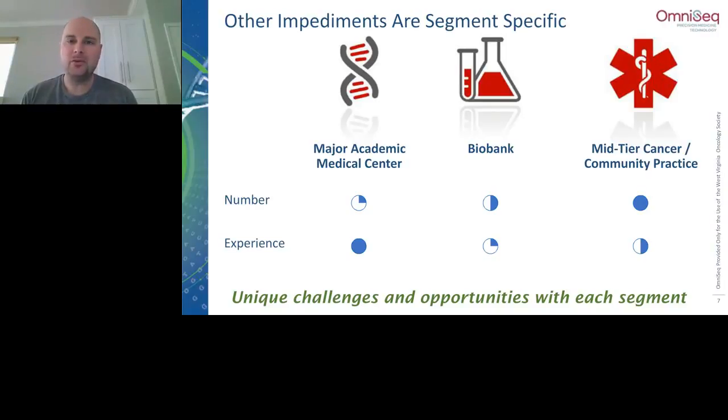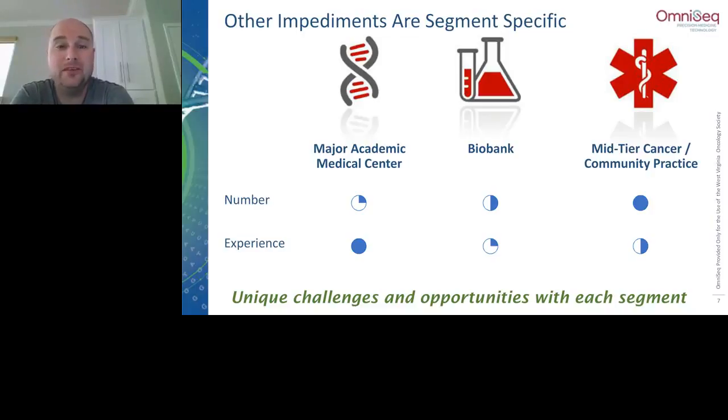Biobanks are another source. Biobanks can be attached to institutions. They can be independent. There are some third-party biobanks out there that have relationships with other biobanks and can query them to pull together samples. The number of them tends to be more than the major academic medical centers, but I would guess you're probably not talking about more than 40, no more than probably 50 biobanks out there that could potentially provide samples